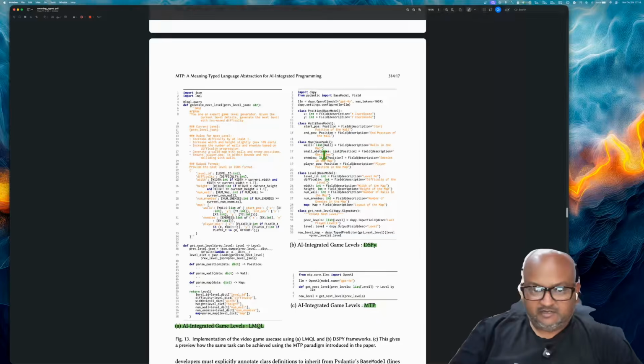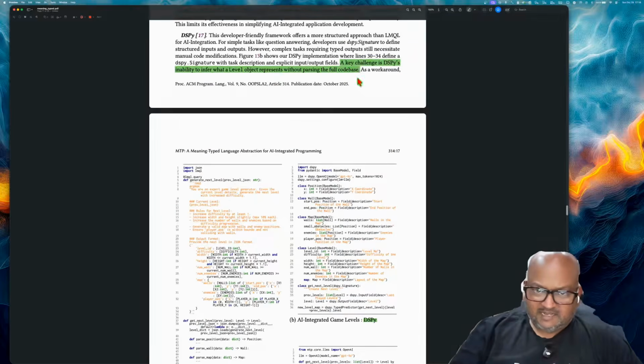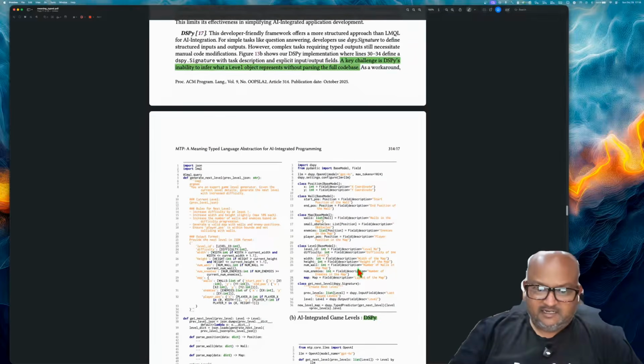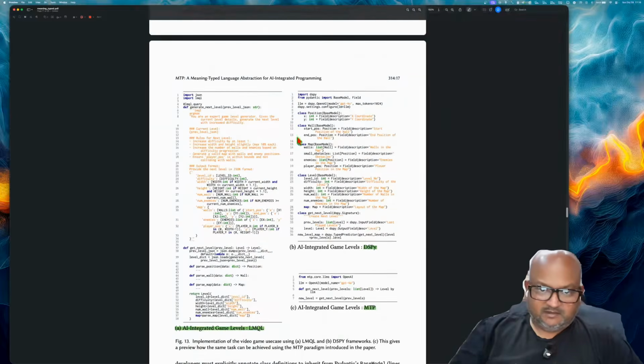And then the other big one is DSPy. As they point out over here, in DSPy, you still have to write a lot of DSPy specific code. And a lot of this semantic information is hard for DSPy to get at without parsing the entire code base. And you can see that in some of these comparisons over here.